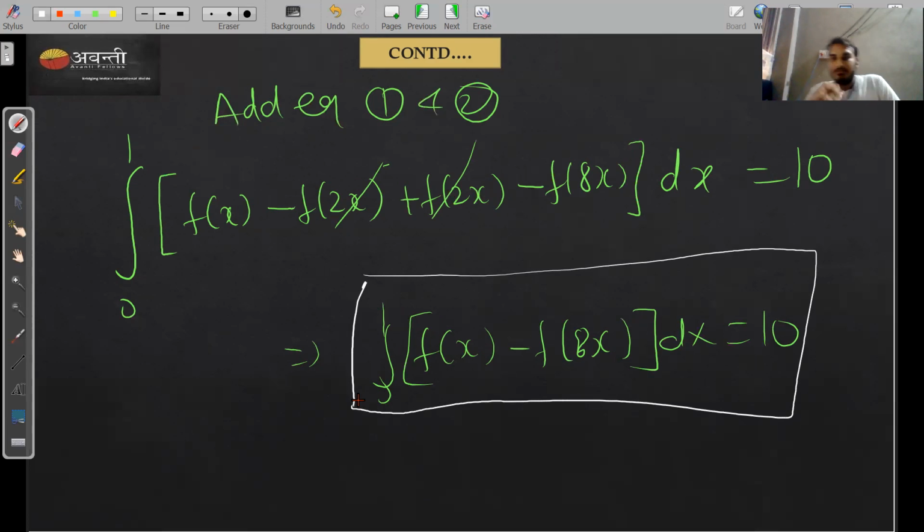So that's why this is an important question, a good question, not a very hard one, because it's the easy one, because the hint was already clear in the question. It is given the integration from 0 to 2, but it is asking for the integration from 0 to 1. In such type of question, we replace the variable with double of the variable, so that the limit gets halved, right? So that's why we assume x equal to 2t, and then we proceed with the question, right? Okay. So this is clear, right? Very good question. Nice question.